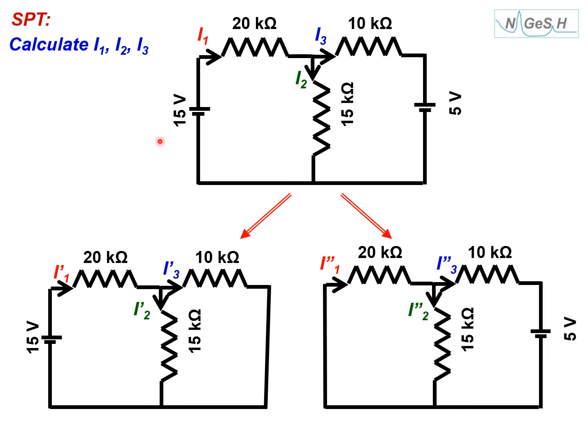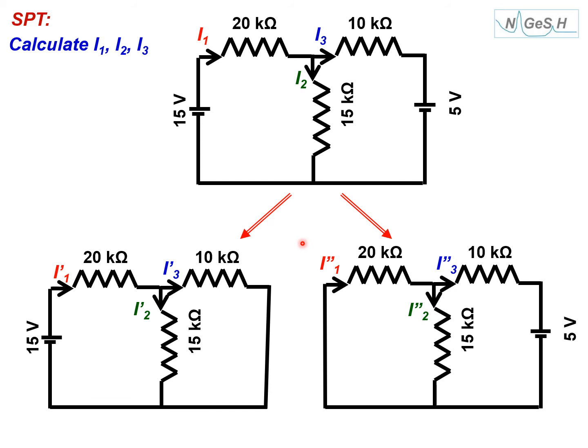Now we have divided the problem into two half problems kind of thing. Now each circuit individually you can analyze. I think you can do it because these two are in parallel and that is in series and you can calculate current. I am labeling I prime everywhere, I1 prime, I2 prime, I3 prime. So you can find the current division in each branch. This circuit I am labeling I double prime 1, 3, 2. See, this 1 is representing that they correspond to the same branch. I prime is due to this source. I double prime is due to this source.